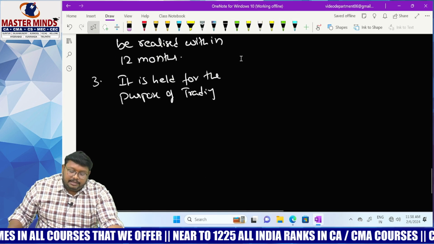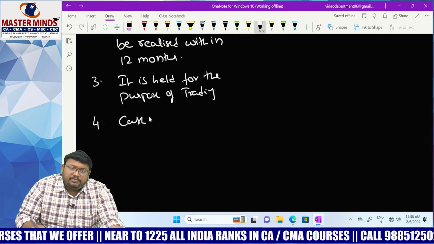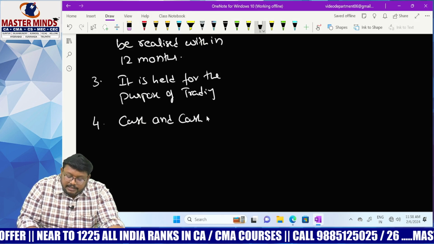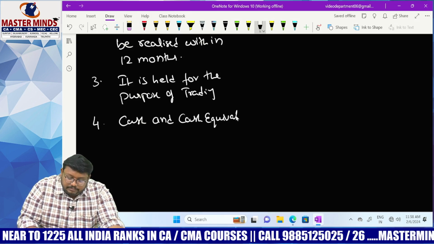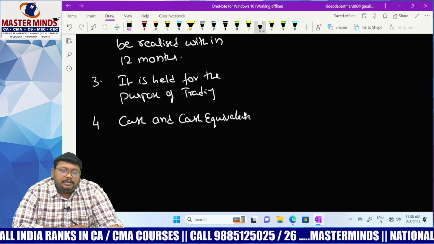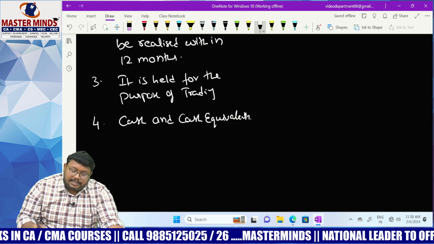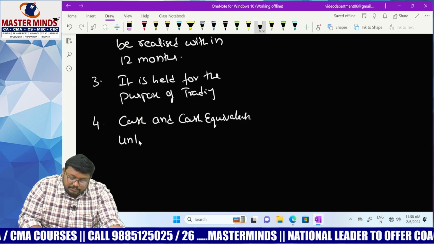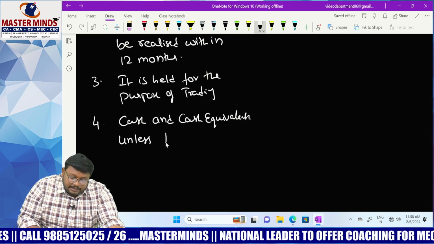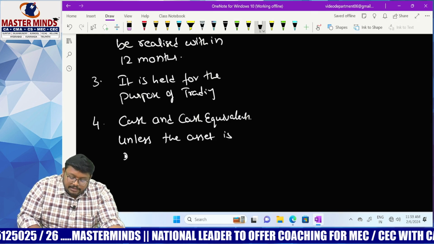And what might be the other current assets? Last point: cash is a current asset, which is already in the form of cash, and cash equivalents. So cash and cash equivalents are current assets. Here there is one exception: cash and cash equivalent is generally a current asset, unless the asset is restricted